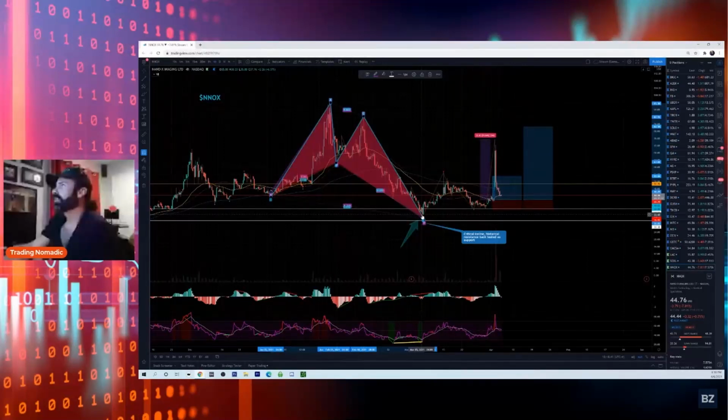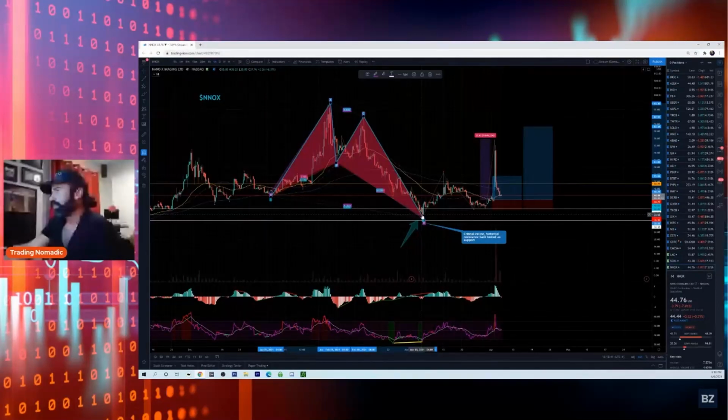If you guys are interested in learning more about trading with harmonics, this is a TradingView indicator you can get. If you look up harmonics, there's a guy, Lone Star, I believe, who does this, and it'll identify XABCD patterns for you. That's half the battle because you need a proper entry. But if you look here, right where this XABCD ended,